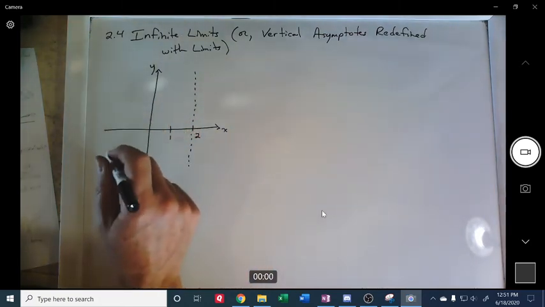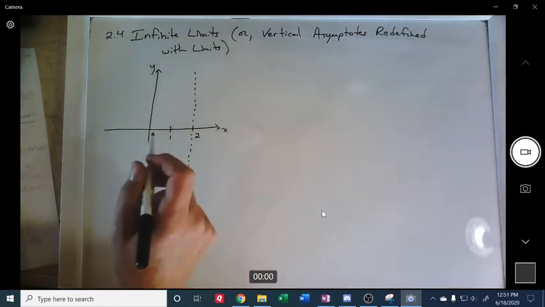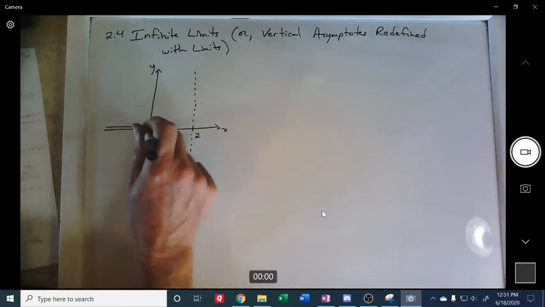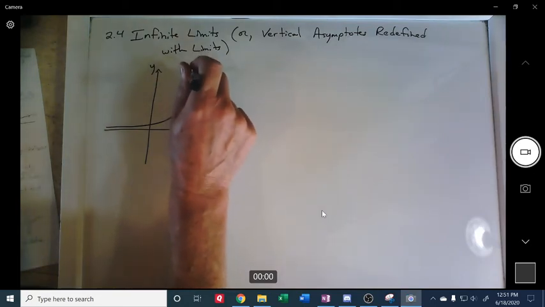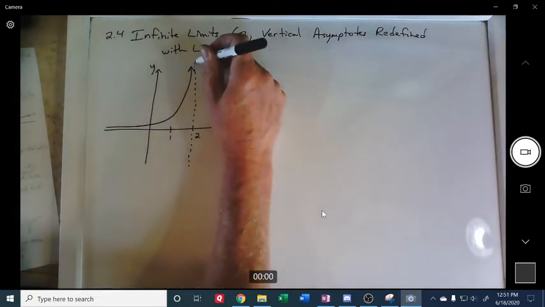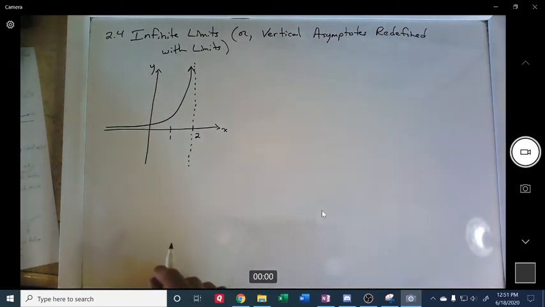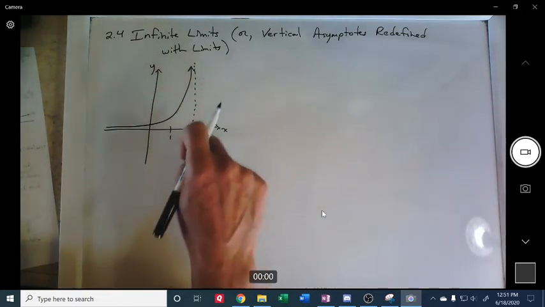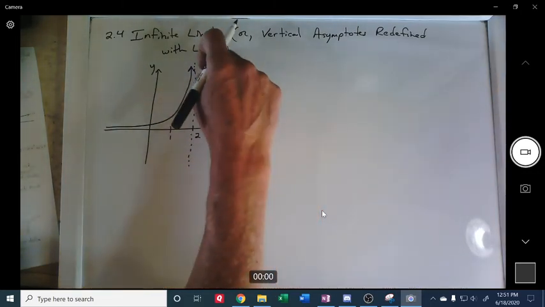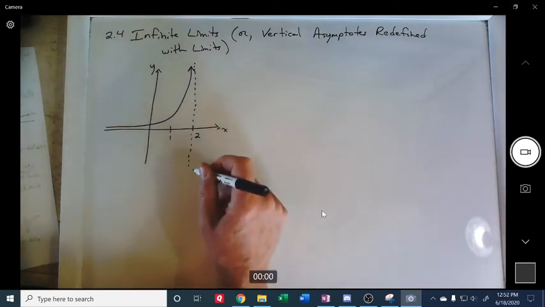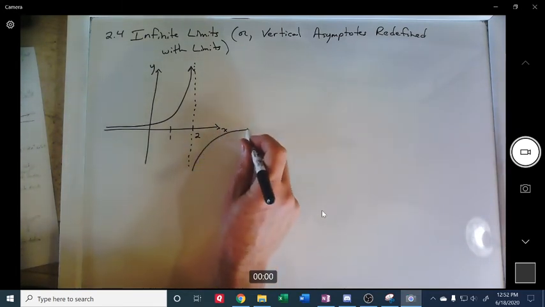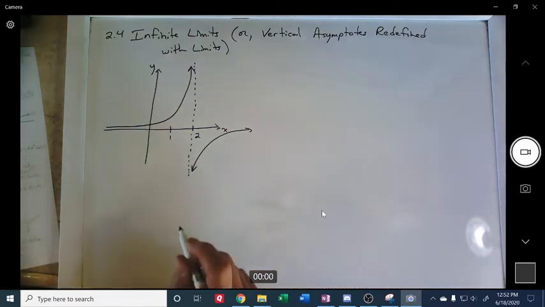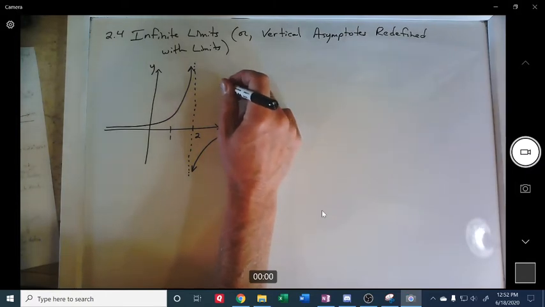And we know that what happens near a vertical asymptote is that typically the graph gets closer and closer to that without touching it. And then, not always, but many of the times, on the other side of it, it goes in the other direction. Sometimes it's coming up on this side too, but more often, it's like this. Okay. This would be a vertical asymptote